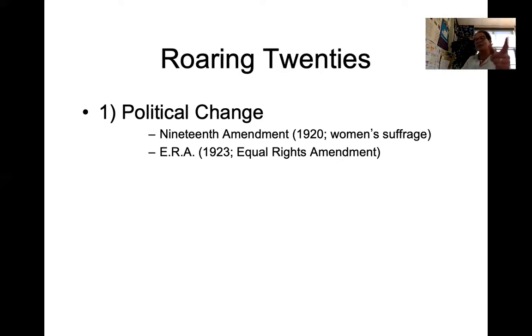Now, what's interesting is you fast forward 50 some years into the future in the 1970s, and the ERA, the Equal Rights Amendment, came back again when I was your age. And it came a lot closer to being ratified. It still officially has not been ratified. It's still out there. And there's still a chance that eventually someday the states, working in conjunction with Congress, the House of Reps, the lower house, and the Senate, the upper house, finally the Equal Rights Amendment will be ratified.